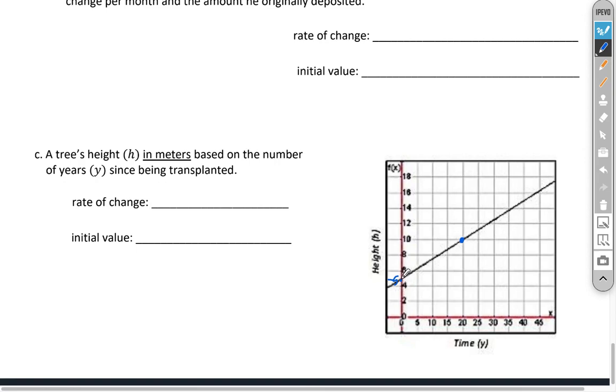This is actually 5, all right? I didn't even notice that we're moving up by 2s. So this is a point at 5, and we're going up to 10. If we went from 5 to 10, we rose 5. And then we're counting by 5s down here. So 5 over 20: 5, 10, 15, 20. So our rate of change, if we wrote this as 5 over 20, and this is time,